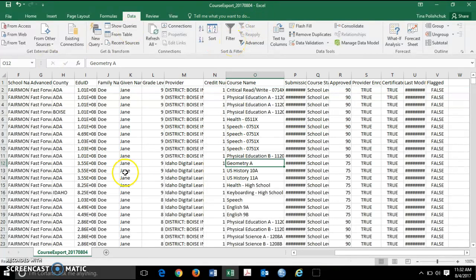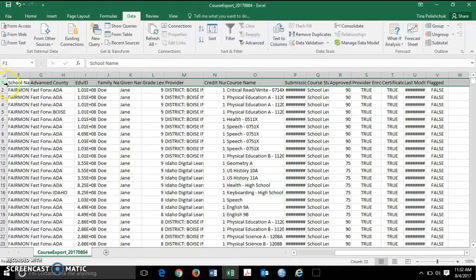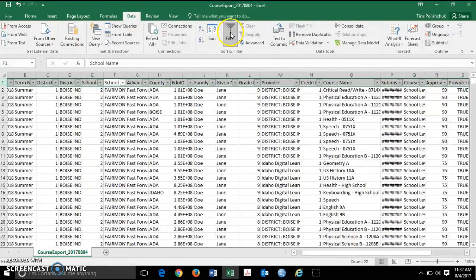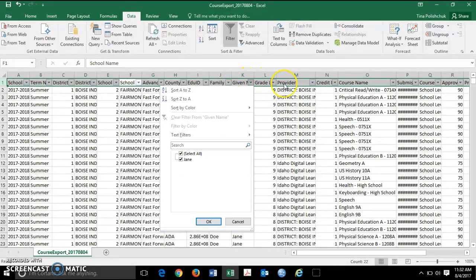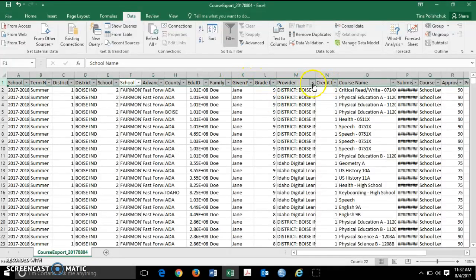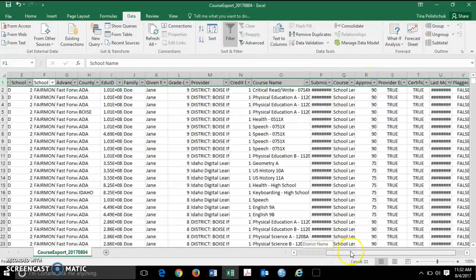Essentially, this is what you'll get when you open this file, and over here on the top row, you can go to Data and Apply Filters. When you apply your filters, you'll be able to sort your information in a lot of different ways. You can sort it by class, you can sort it by term,